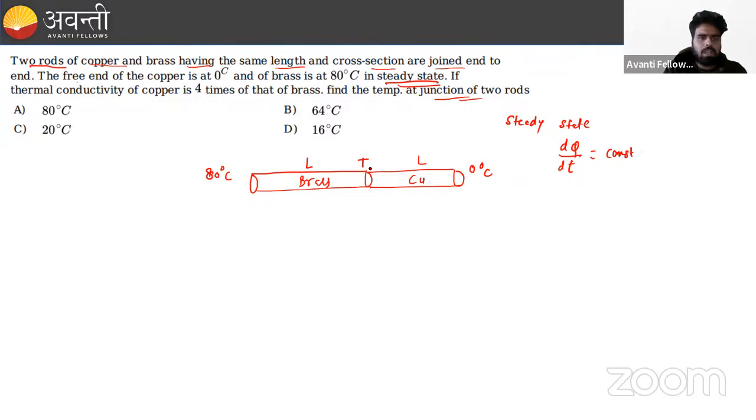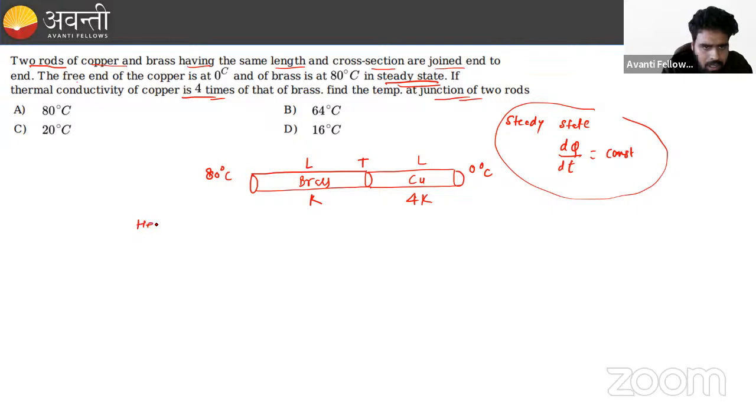Guys, one thing also given is that the thermal conductivity of copper is 4 times that of brass. So suppose the thermal conductivity of brass is K, then the thermal conductivity of copper is 4K. Just apply the condition of the steady state. We know the heat flow rate due to conduction. So let us write down the equation for heat flow rate